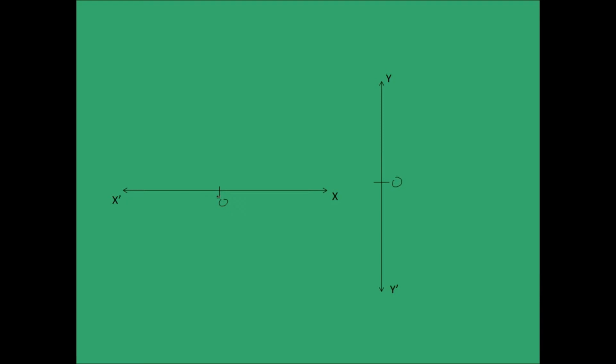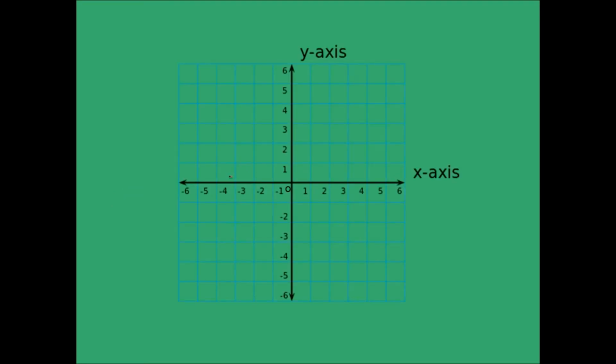So when we superpose two perpendicular number lines, one vertical and the other one horizontal, we get what is called the Cartesian plane. And the common zero of both these number lines is called the origin. First we'll start off with a general discussion on the number line. The positive x direction is called x conventionally, and the negative x direction is called x dash conventionally, and the positive y direction is called y, and the negative y direction is called y dash.